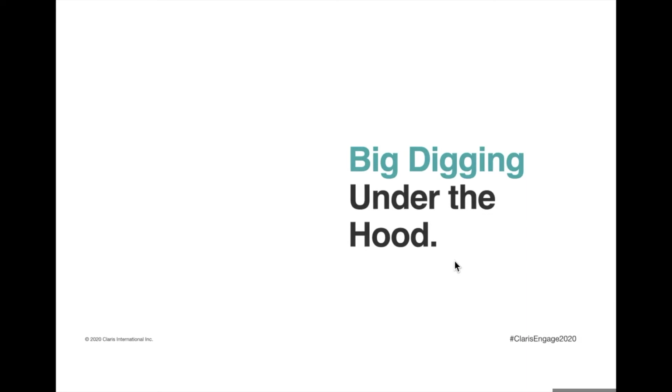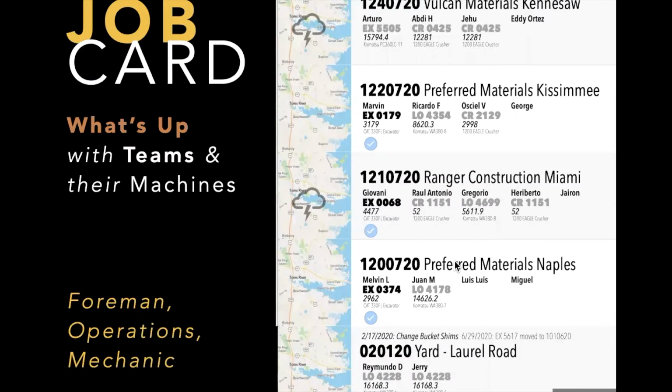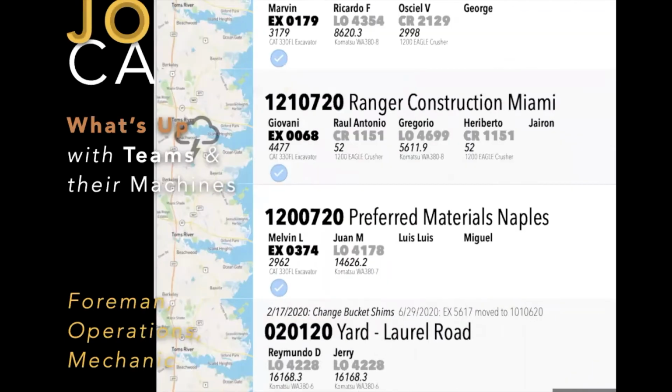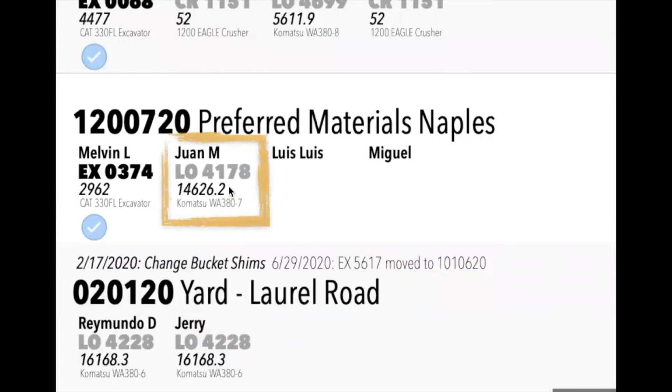Shall we get into working with the data under Big Dig? This is the job card that you would see on the front face of the application. You'll notice it speaks to, in particular, the machine name and some of the data elements that come underneath it. You'll notice things like the hour meter reading, the number of hours the machine has operated, and you'll also notice